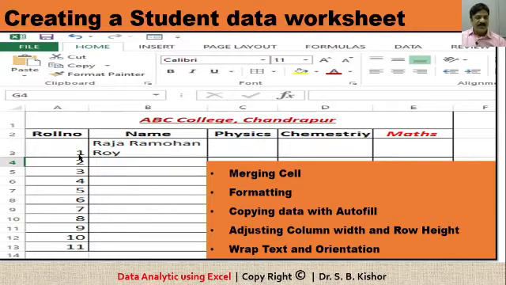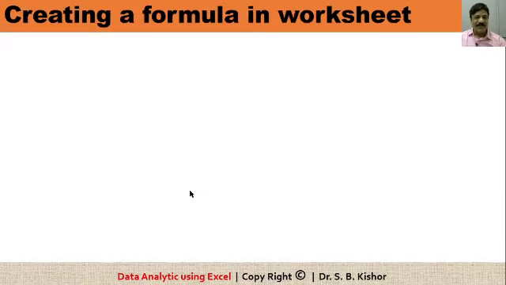See, once you have entered the numbers 1, 2, 3, later on you simply drag this and you can fill all these numbers automatically in increments of 1. Then adjusting the column: observe that the width of each column has been changed. Similarly, you can change the row size, and this is Wrap text, which means putting the entire data within that cell only. How to perform all these operations we will discuss during our practical session.